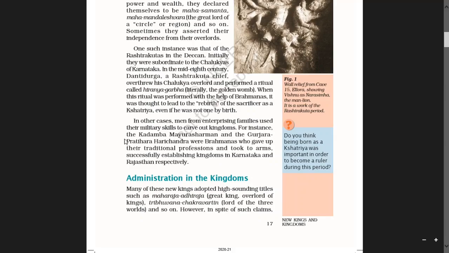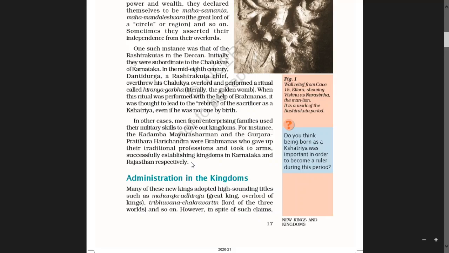For instance, meaning for example, the Kadamba Mayura Sharman and the Gurjara Pratihara Harichandra were Brahmins who gave up their traditional professions and took to arms, successfully establishing kingdoms in Karnataka and Rajasthan respectively.